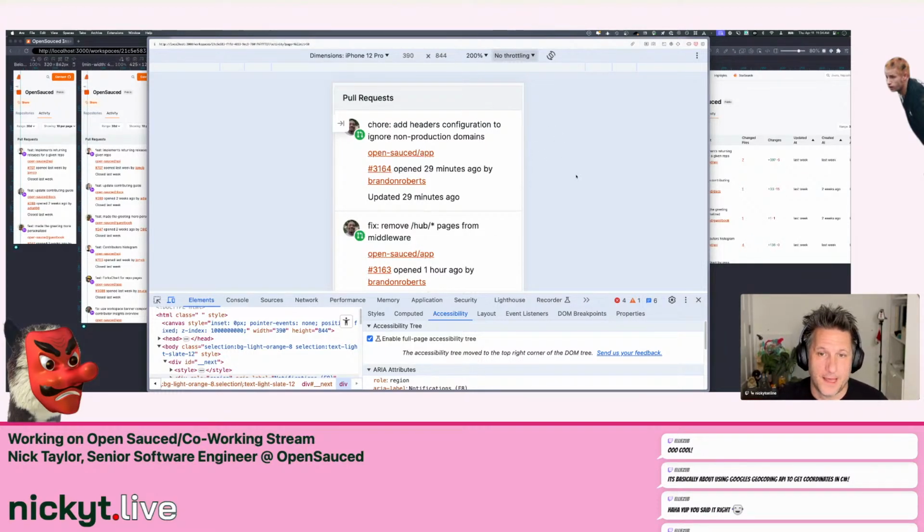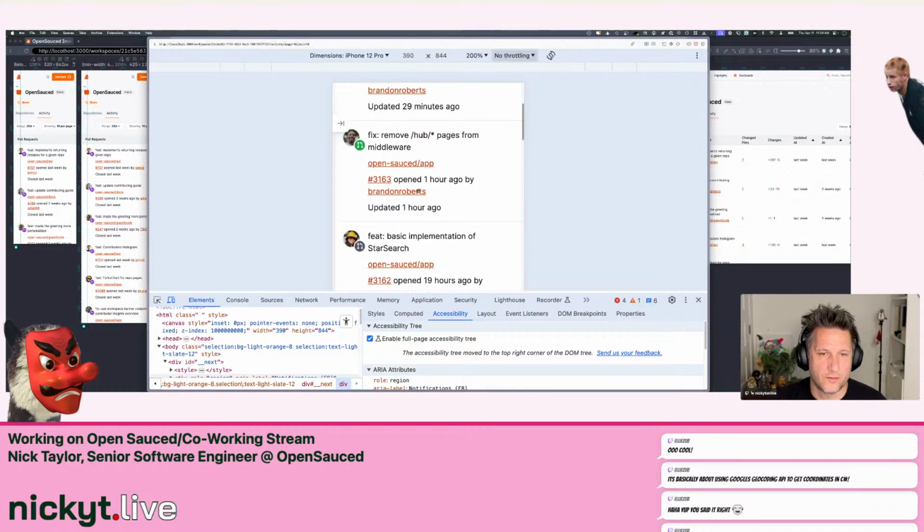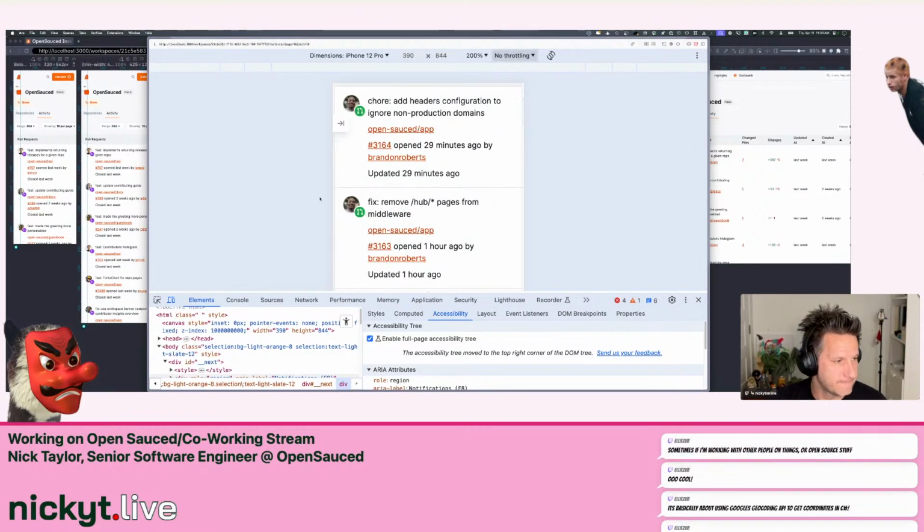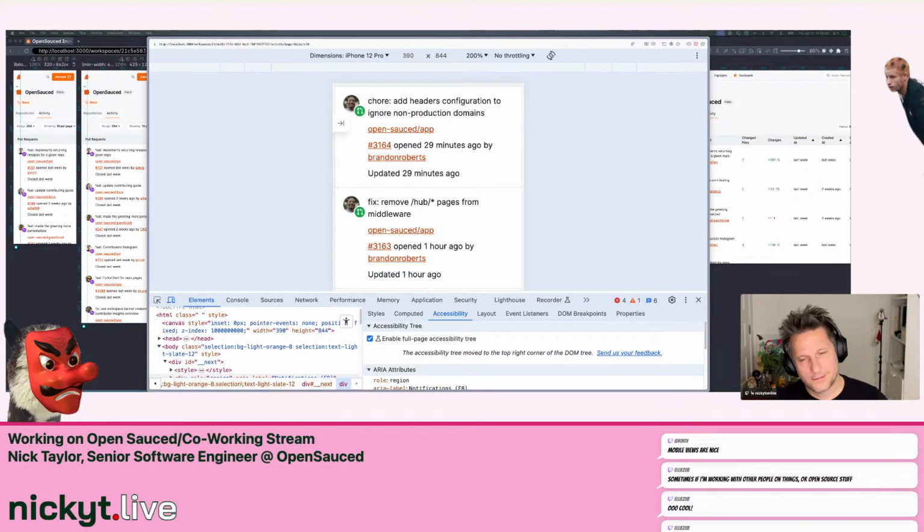So anyways, I've been working on just a mobile view for this particular feature. Sometimes if I'm working with other people on things or open source stuff. Okay, cool, cool. I think TypeScript in general, I understand it can be intimidating. Oh, thanks, Idrinth. Just kind of made them up a little bit. Basically my product designer just said something kind of like the GitHub mobile view. It's not the exact same information, but